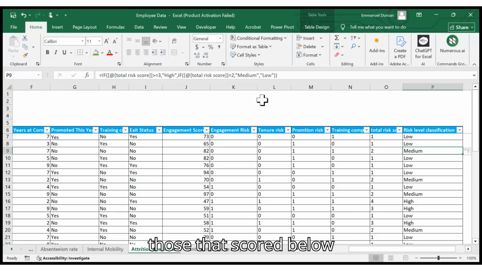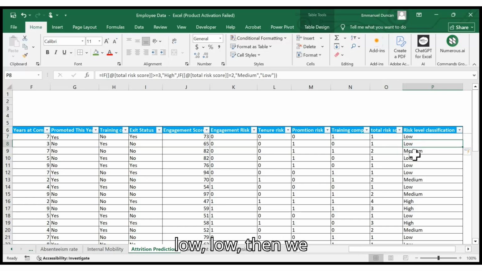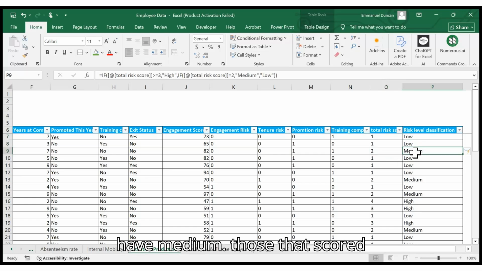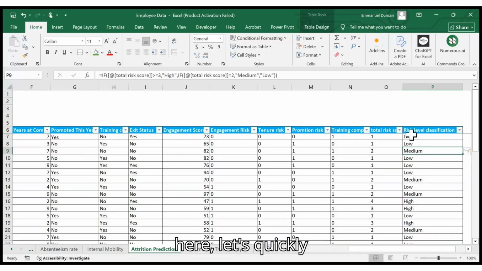And those that scored below 1, the possibility of them being with the company for quite a longer period is higher. So we have it here. Those that scored less than 2, 1 is low. Then we have medium. Those that scored 2, we have high. Then here, let's